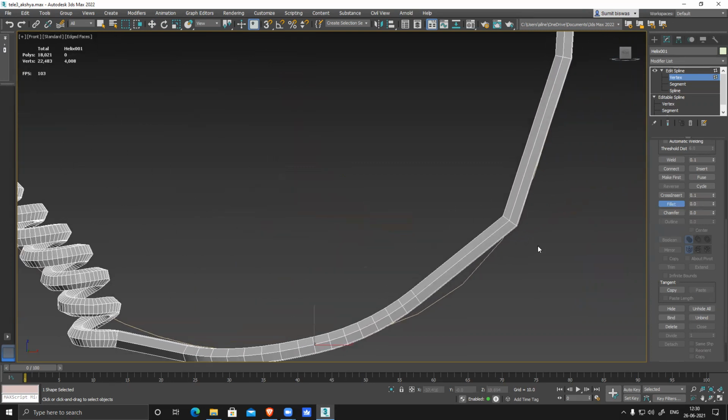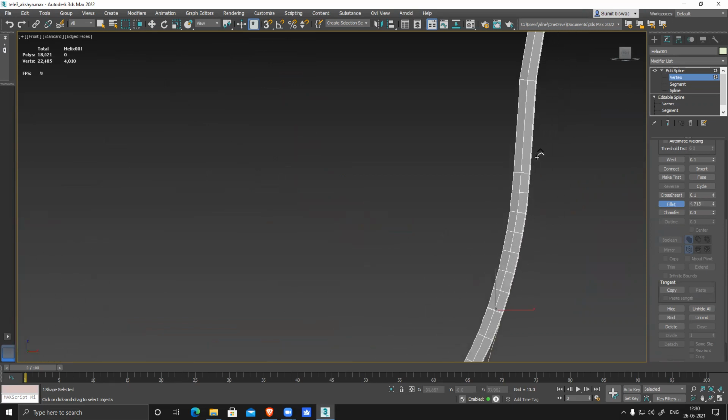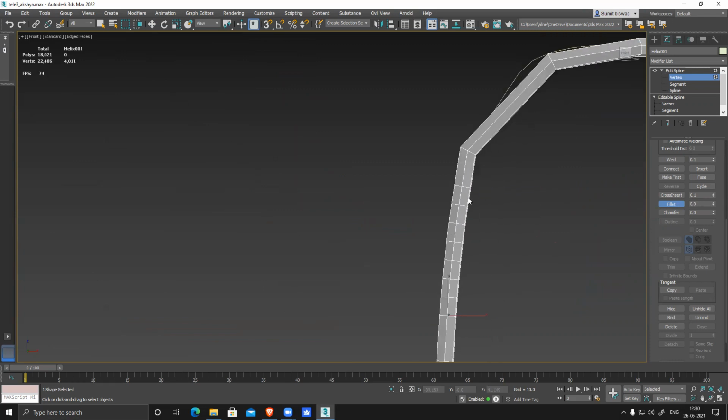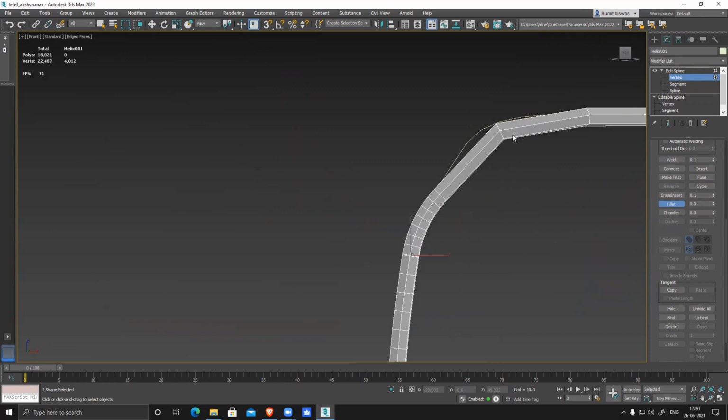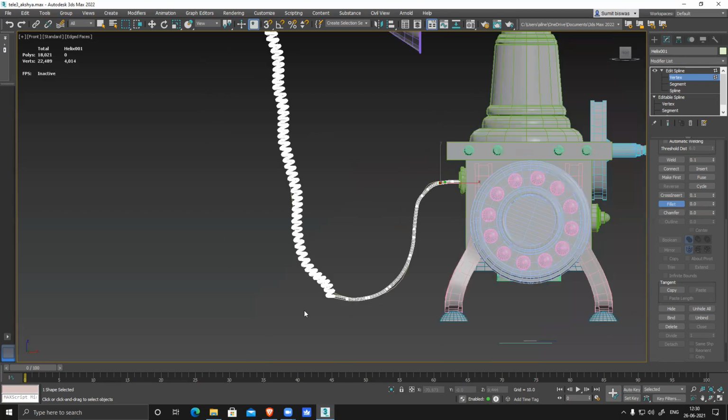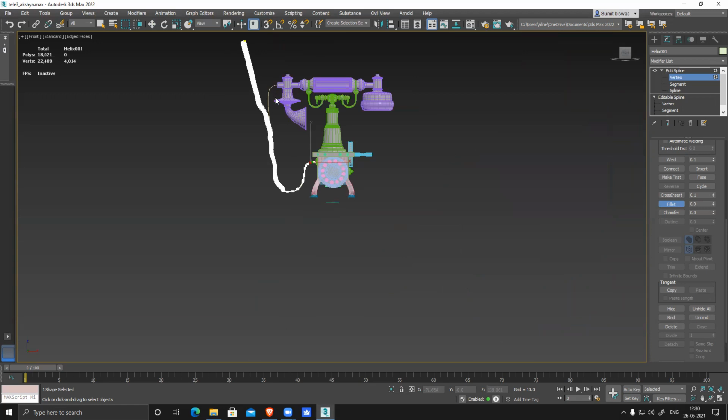See, evenly spread, clean shape. Like this, I can clean everything and make it a nice curved shape. So instead of 100, use like 70 or 60, according to this length. Create that and then extend it. It will work beautifully without any problem.